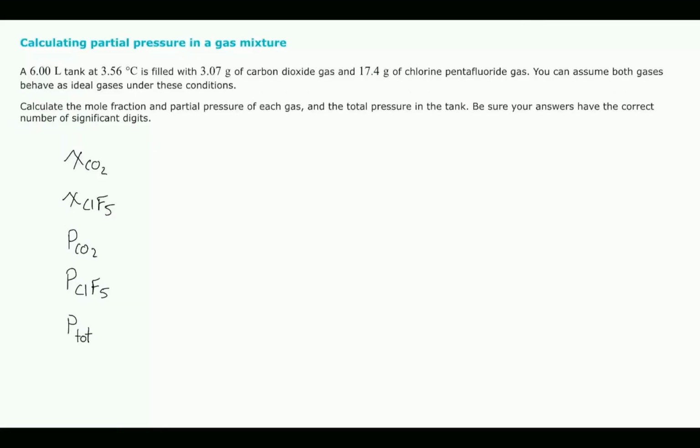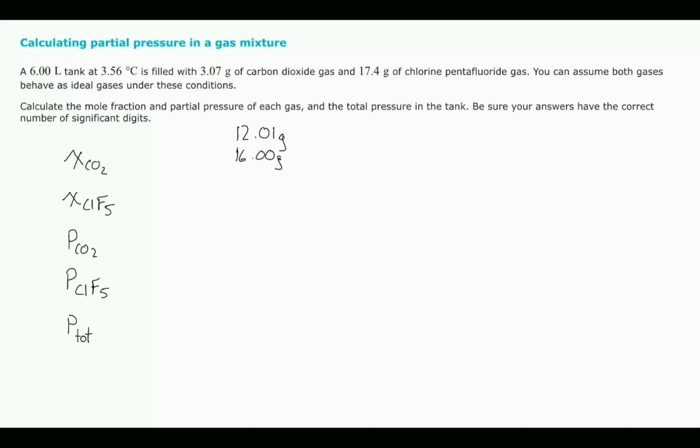There's a few things that we can start with. Yeah, we want to get stuff into moles, right? If we're looking for a mole fraction, we have to have moles to calculate mole fraction. If I want carbon dioxide, it's in grams, so it's pretty easy to convert into moles. Carbon dioxide is going to be 12.01,